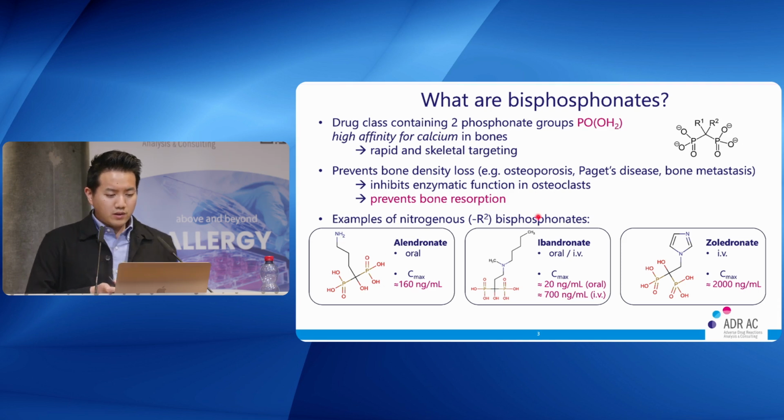Yeah. So here I give you 3 different examples of bisphosphonates. What I want to highlight to you is that you can have different routes of administration. There are those which you give orally, those that are mostly given orally, but sometimes very specifically, maybe into the knee area, so you have intravenous infusion, or also one that's purely intravenous, so zoledronate. And what is important to note here is that the Cmax, the maximum concentration in the plasma, can be very